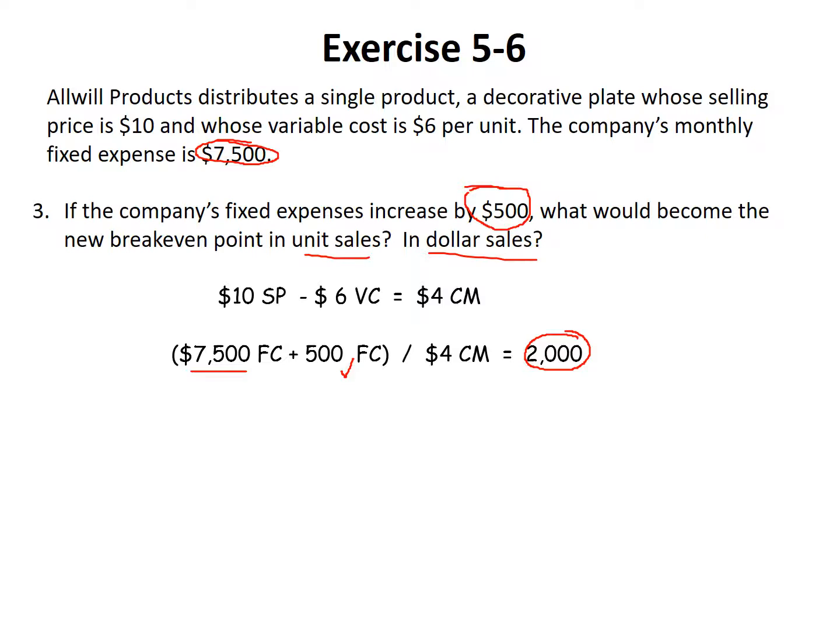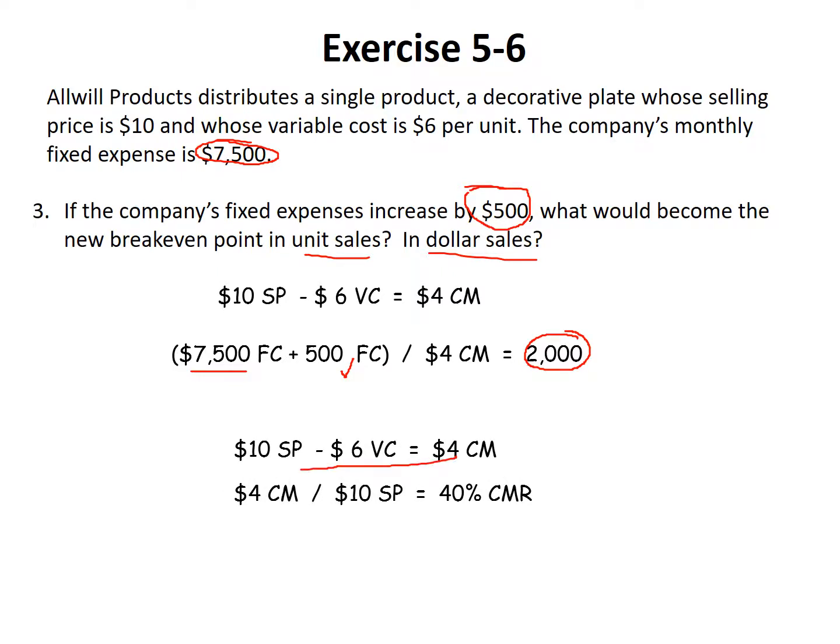Okay, we're going to do a similar computation, but we're going to use contribution margin ratio for our units and sales in this case. So again, we have our $10 selling price minus our variable cost equals our contribution margin. Now we have to calculate our contribution margin ratio. Our contribution margin ratio is that $4 contribution margin divided by our selling price,